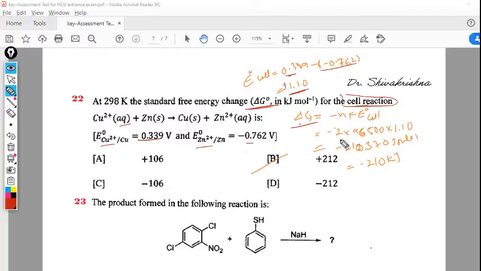F is the Faraday's constant, 96,500. N is the 2 electrons, that is what I get. So minus 2 into 96,500 into E0 cell 1.10. Okay. So we'll give